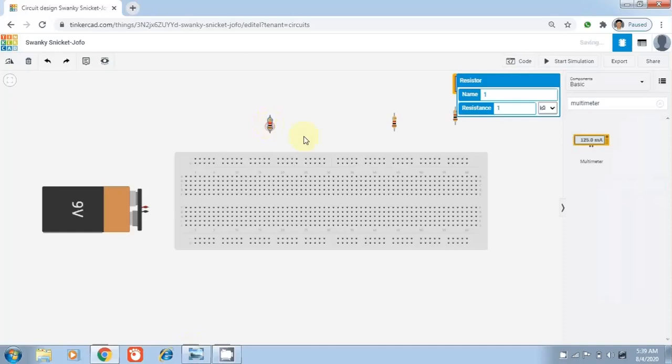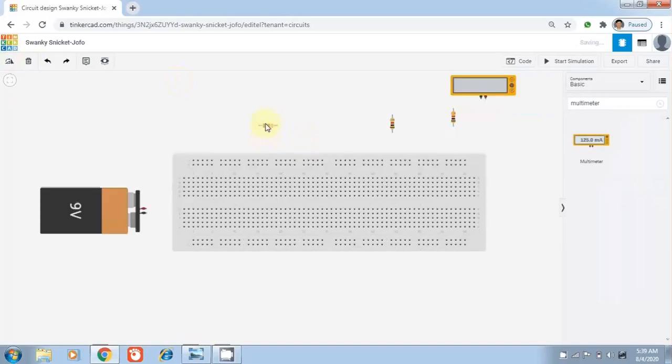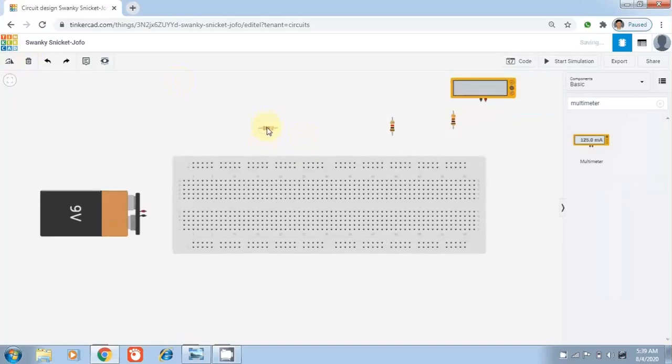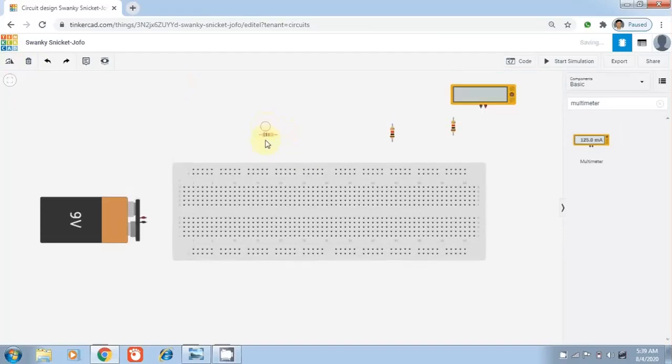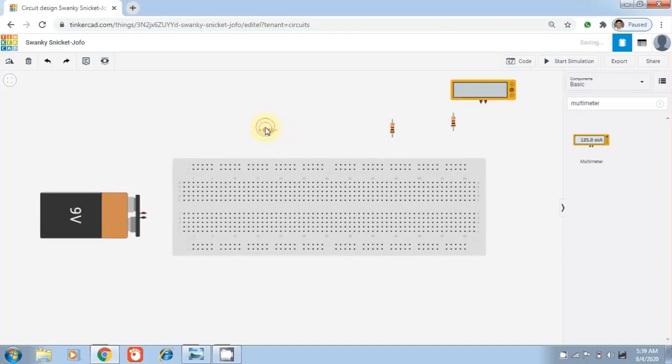So we rotate this resistor like this and put this resistor onto this side.